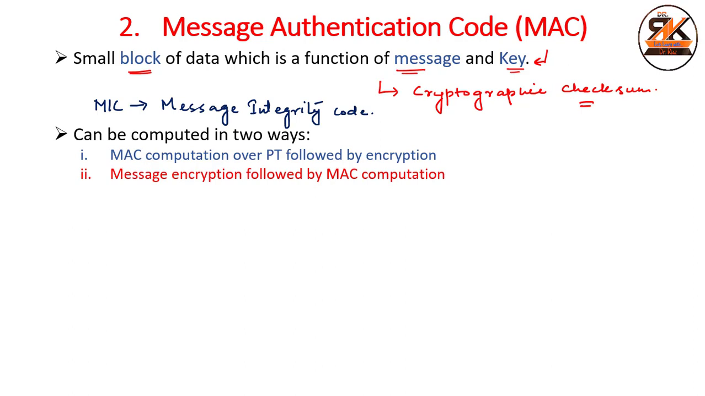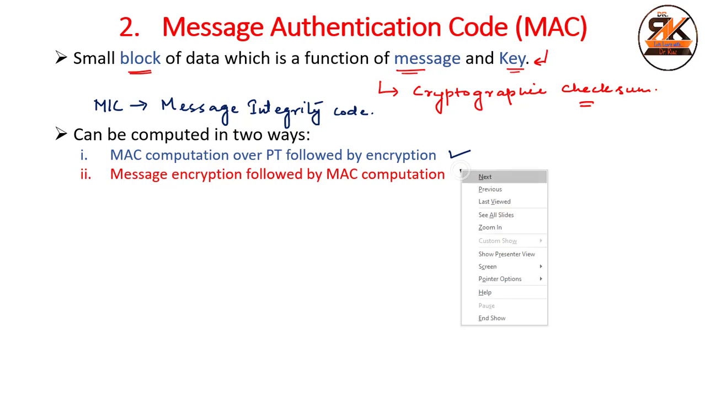This MAC can be computed in two ways. The first way is MAC computation over plain text followed by encryption, like we did in the previous case. The other case is message encryption followed by the MAC computation. So in the first case, first we compute the MAC, and in the second case, first we do the encryption and then we compute the MAC. It is similar to the previous process. And at the destination, the MAC is again computed and compared with the received MAC. If the two MACs are similar,